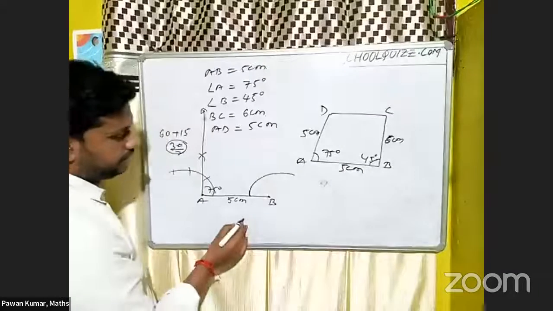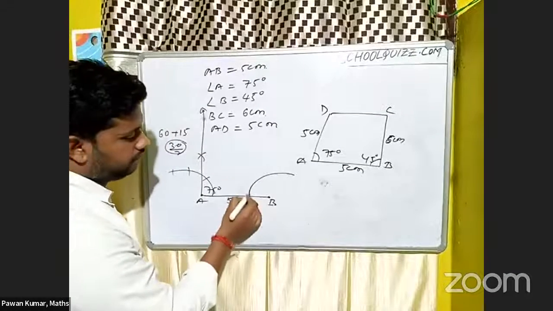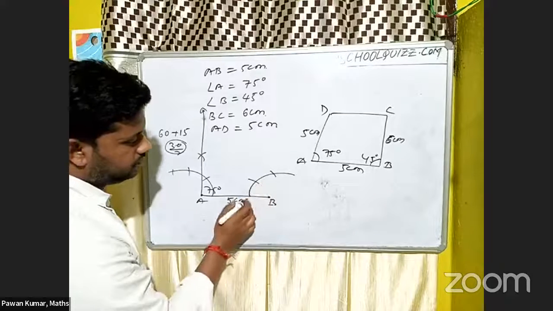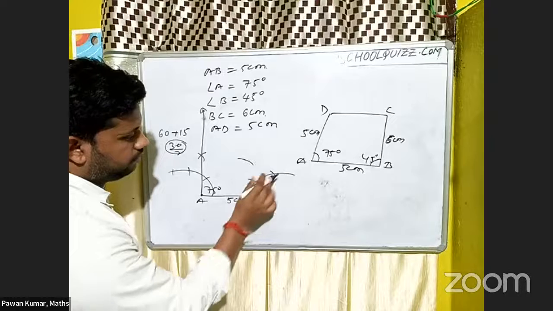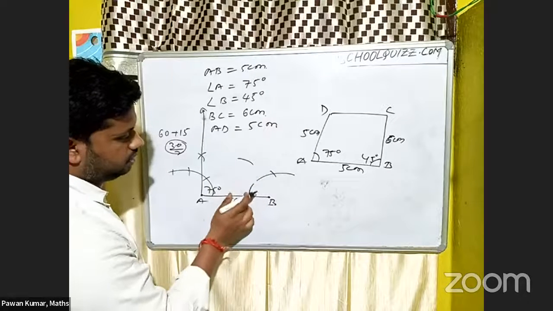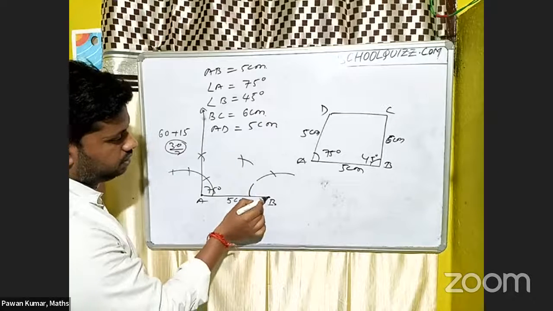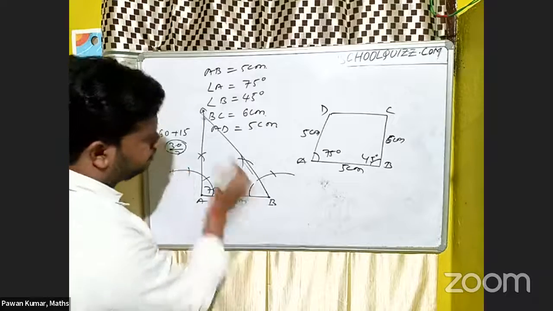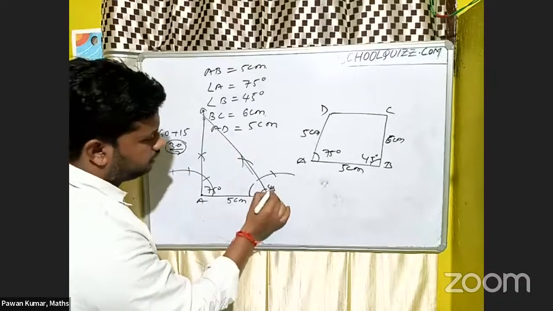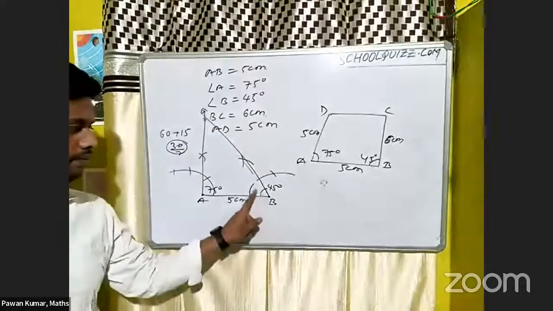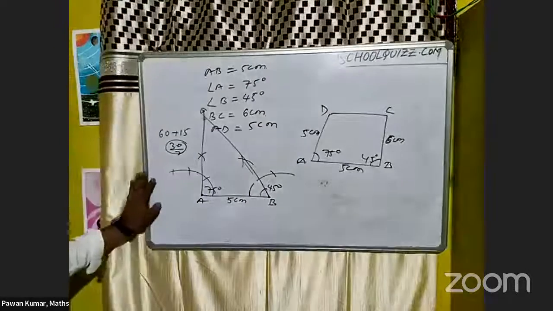Yes. Angle B is 45. So simply you draw one arc. To make 45, that means 60, 90. Correct? Or else 90 and 0, you can make it half. So one arc from 90 and another arc from this one. So you can get this from this side. Okay, this will be the 45 degree. Now you can draw these two: 75 degree at A and angle from B, 45 degree.